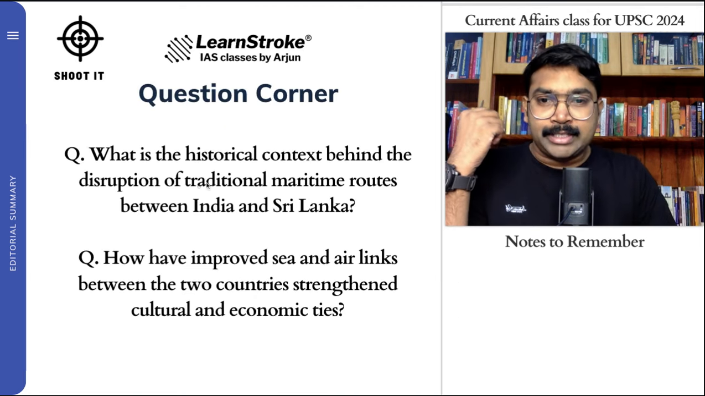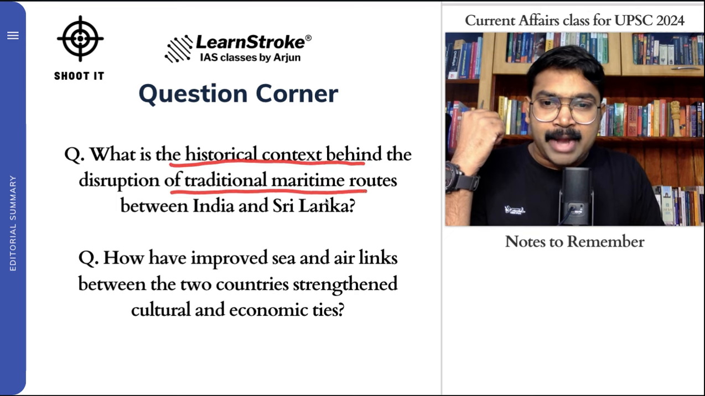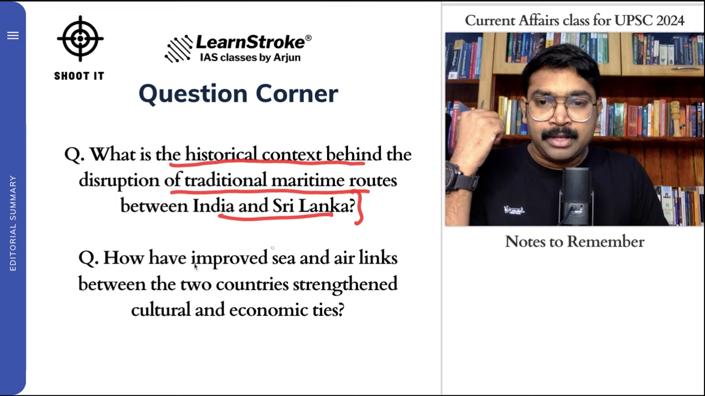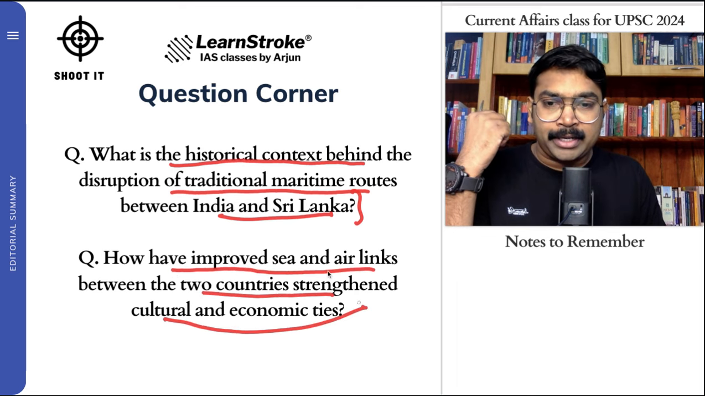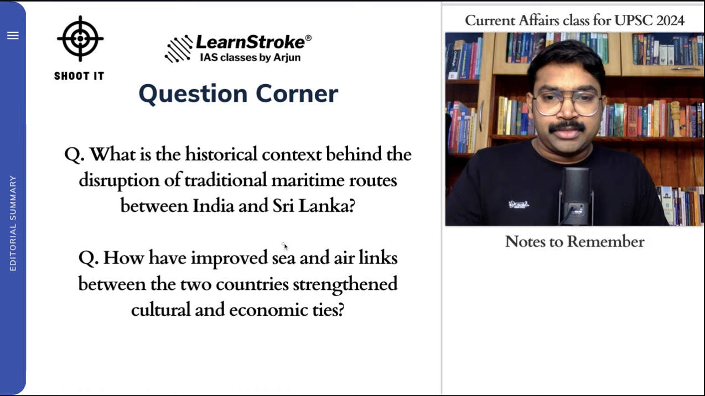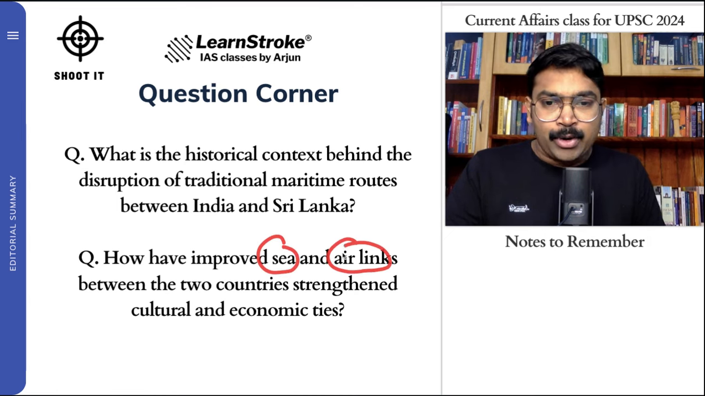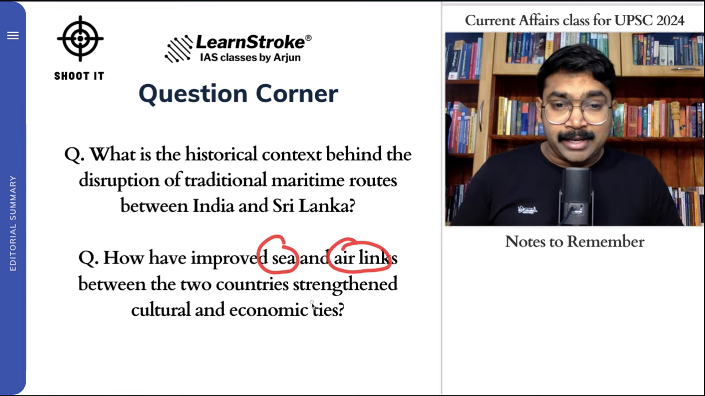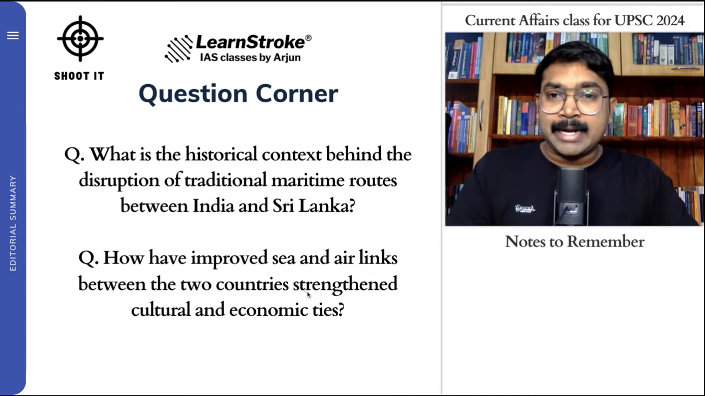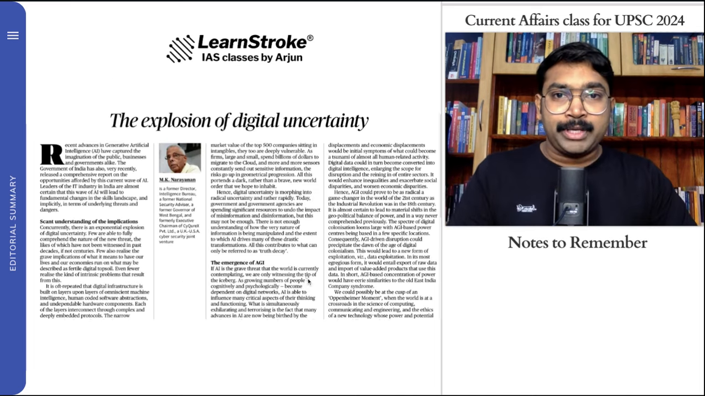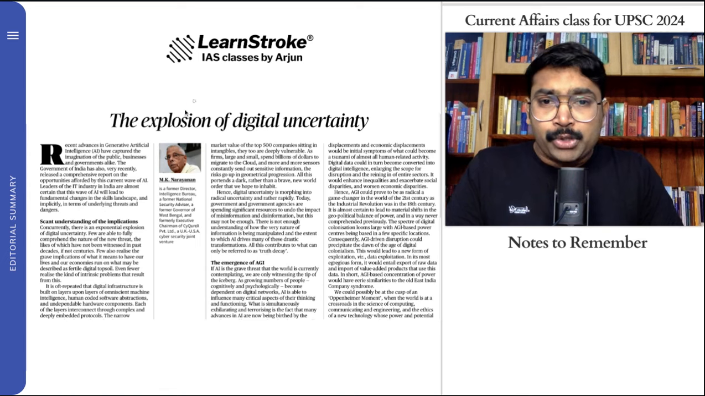Now let's get to the important questions. What is the historical context behind the disruption of traditional maritime routes between India and Sri Lanka? And how have improved sea links and air links between the two countries strengthened cultural and economic ties? How are the improved sea and air links going to help India and Sri Lanka international relations is also another important area. So please do check this out, and let's quickly move on to the next important one,